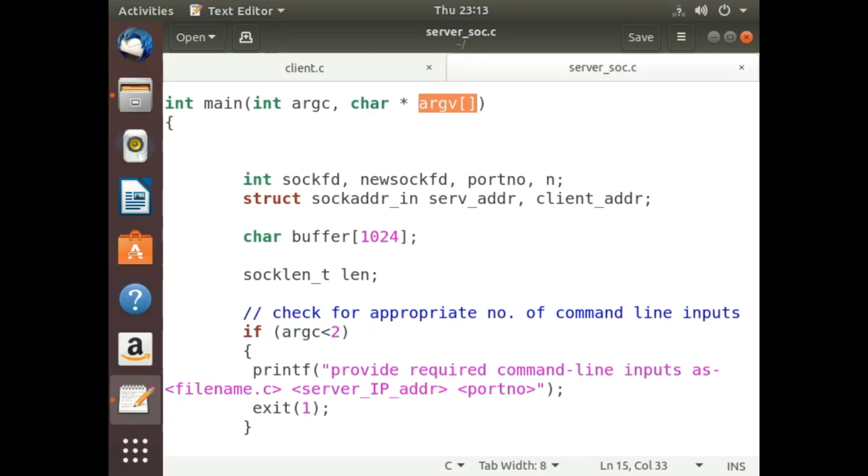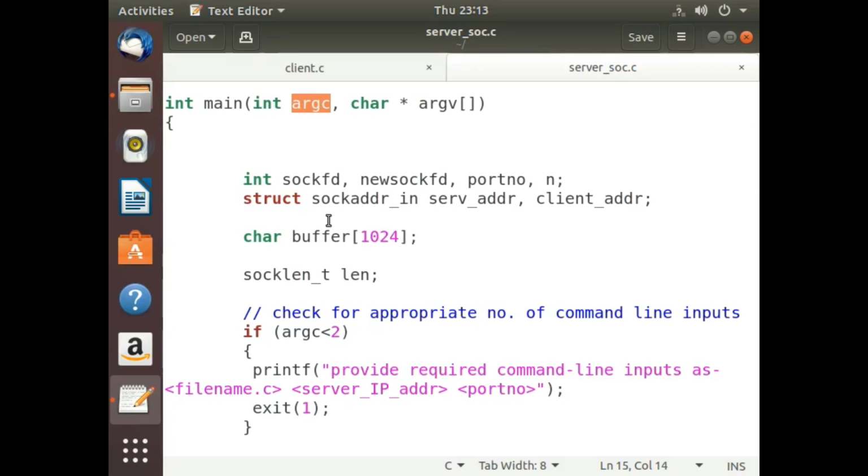When we run the program and pass the port number, the total number of arguments is 2, right? So argc, the argument counter, will have a value 2. Understood? So when we execute the server program, we are just going to pass the port number of the server.